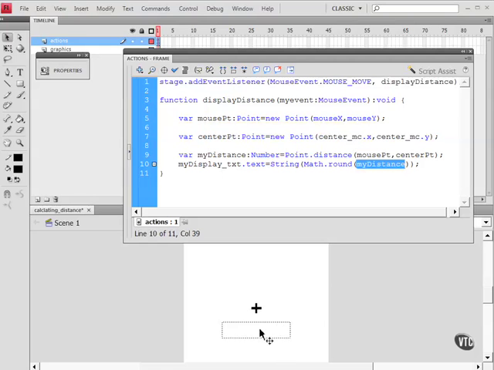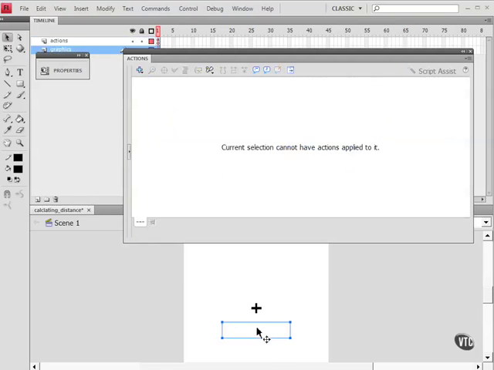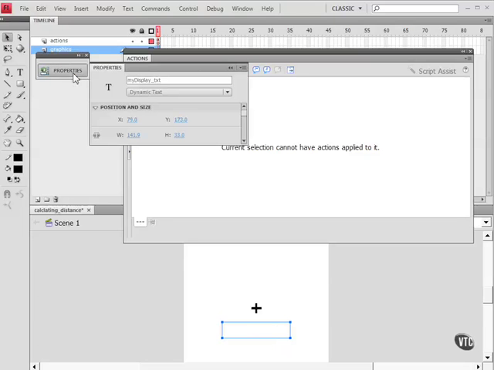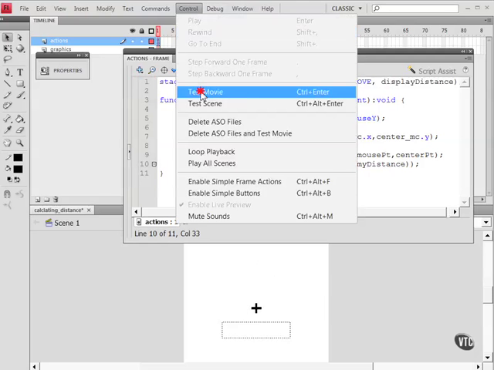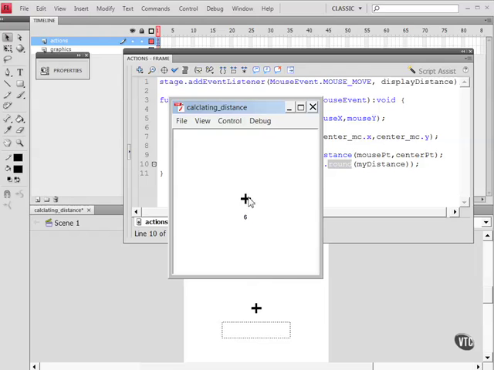In this text field, the name of that text field, notice, is my display_txt. I'm also using the math.round function. That will round the value to the nearest integer. So you'll notice that I won't get a funny decimal number, a number with a lot of decimal places there as the distance. So if we do a control test movie, and I move my mouse right on top of